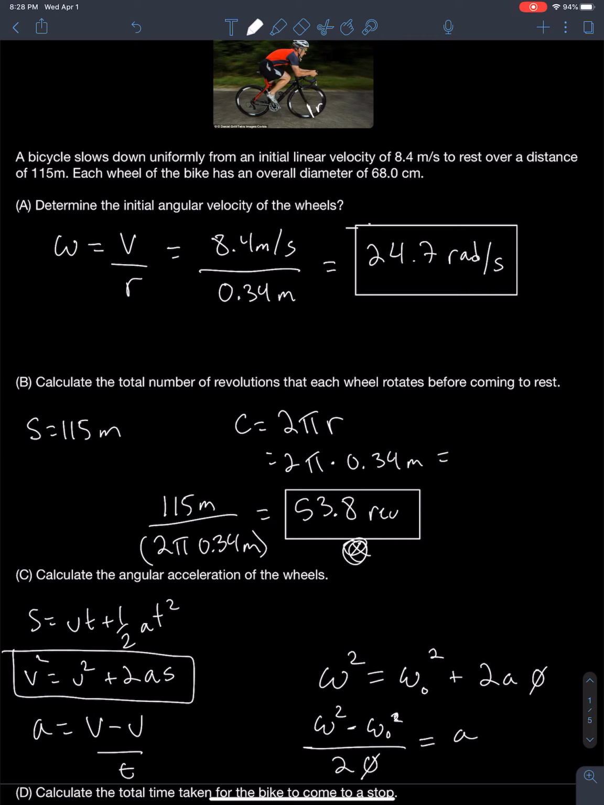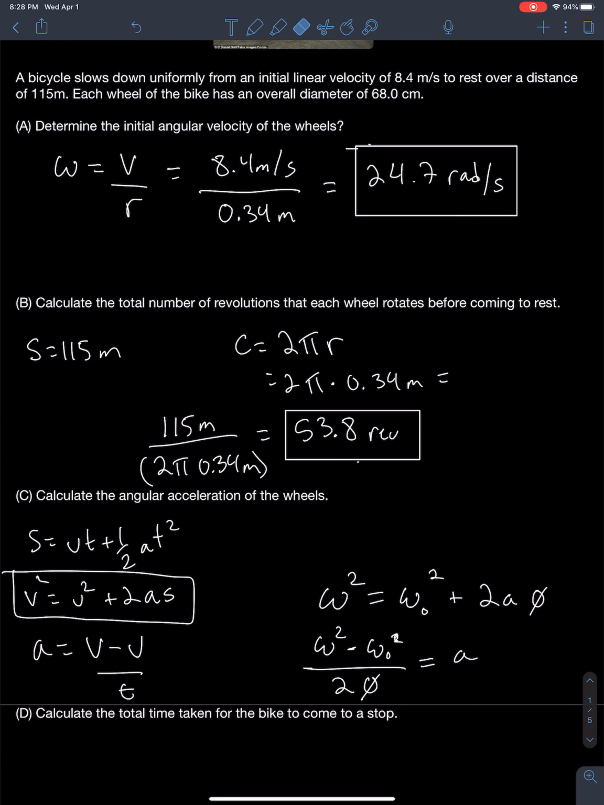53.8 revolutions is how many revolutions I made. If I multiply that by 2 pi, that'll tell me my angular displacement. So if I plug these numbers in, if I plug in 24.7 radians per second and I square that here, and then this is going to be 0 radians per second squared, right? And then 2 times 53.8 revolutions times 2 pi, if I put all that together and substitute it in,